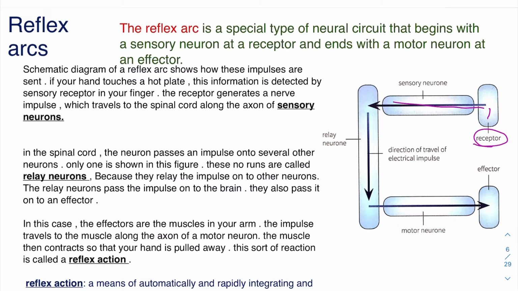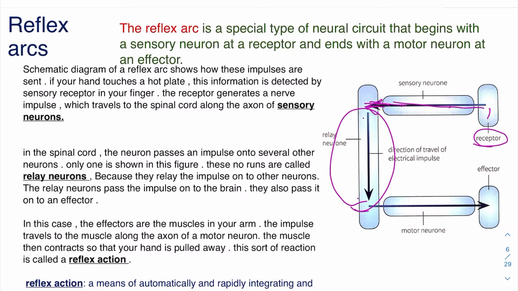Then this signal is sent to a relay neuron, which is in the central nervous system. So the signal comes to this part, and from here it is decided where to send this signal